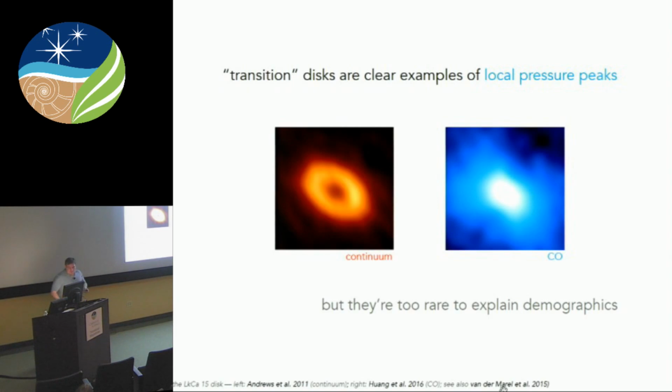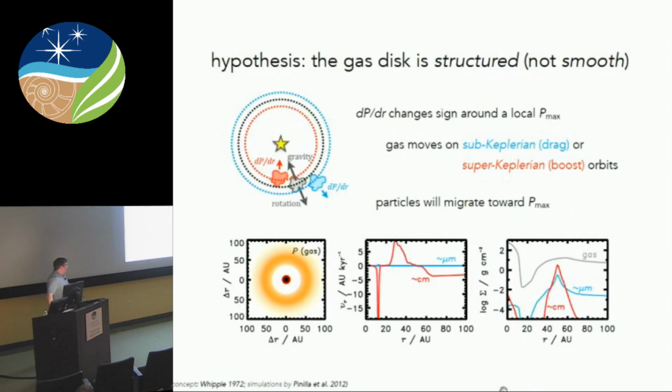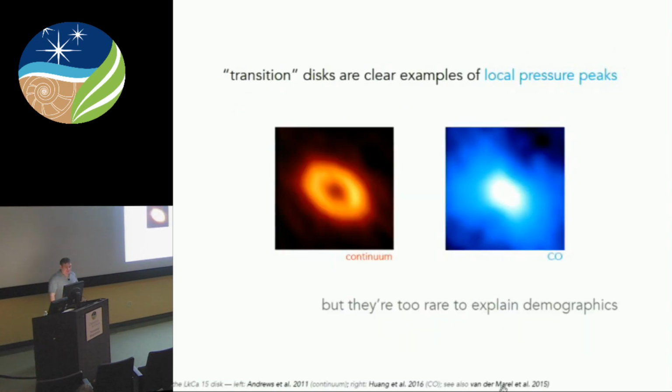So this example that I'm showing here was chosen for a reason, because it looks a lot like observations of this weird population of disks called transition disks, which is a terrible, confusing name that makes really no sense. But this is standard astronomer jargon. If it doesn't fit in category A or B, it's in transition between A and B. In this case, A has a disk and B has no disk. Very creative.